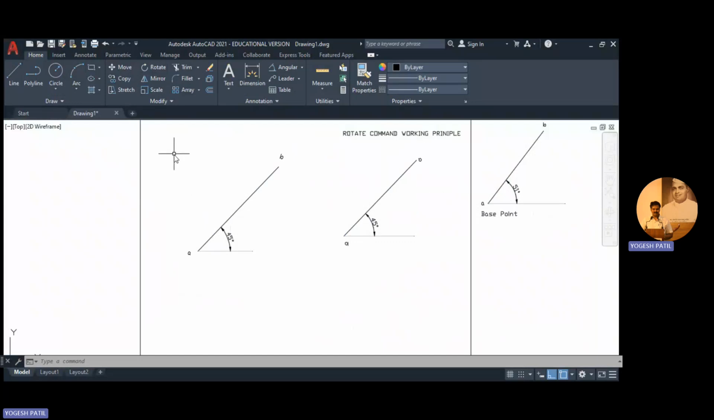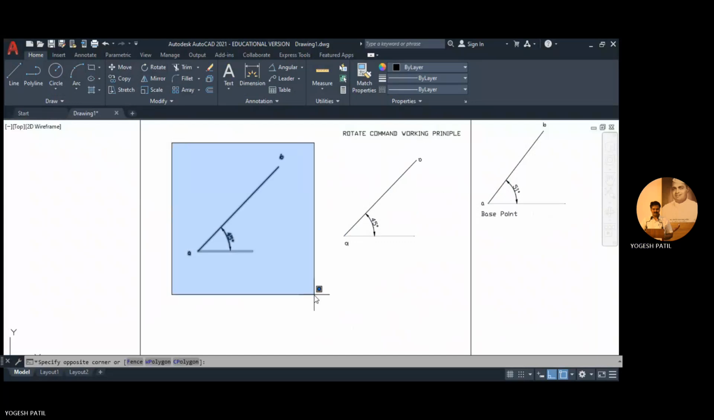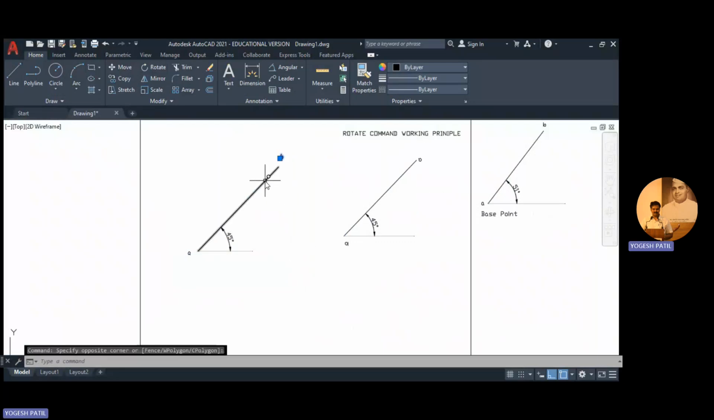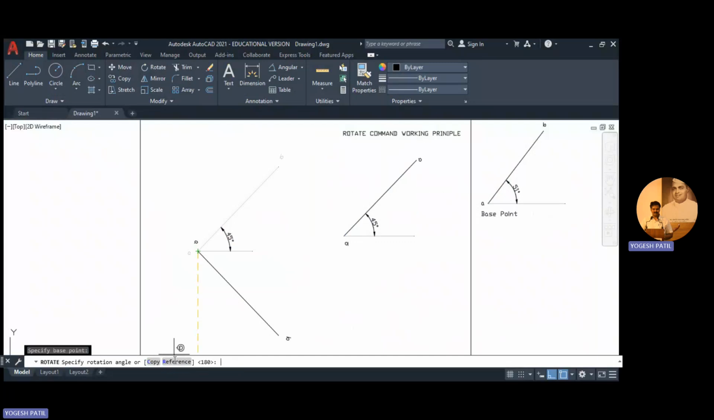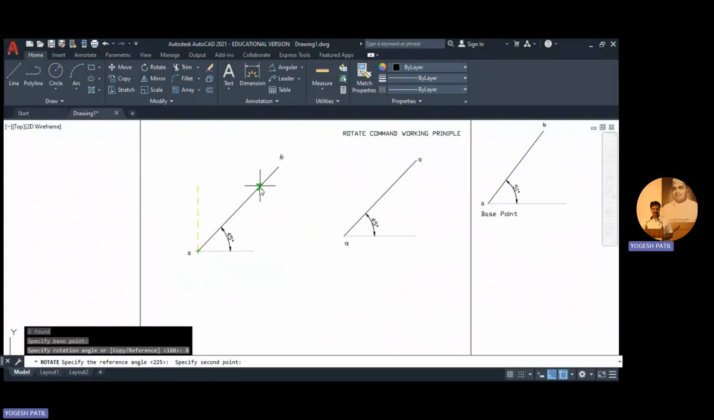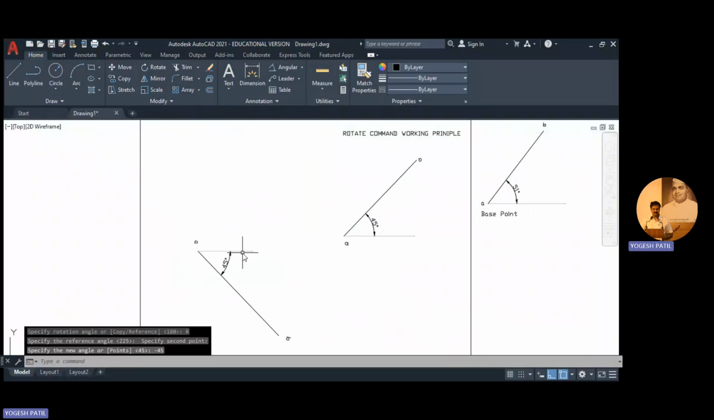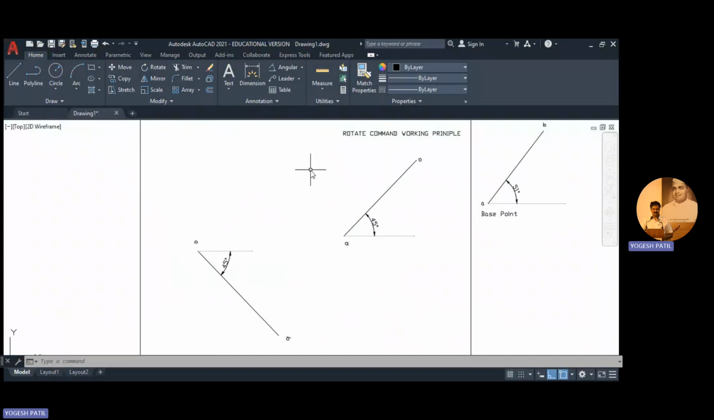Now see that I am going to select this line AB. So it is selected. Now I am going to open the rotate command. This A as a base point. Click on reference. A is the first reference, B is the second reference, and then add angle minus 45. You can see that it is rotated in a downward direction because we added angle minus 45. So in this way we can use the